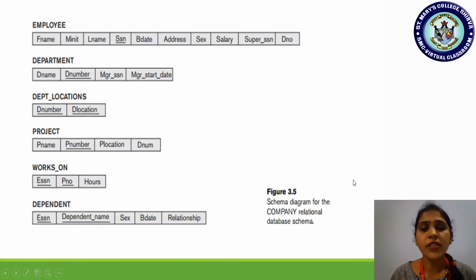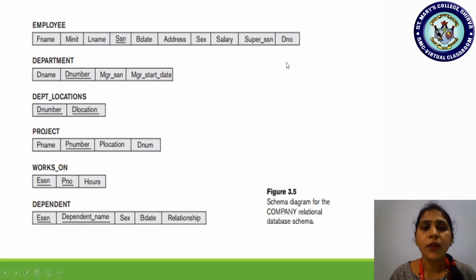Initially we have discussed what is a schema diagram, right? Observe here in the employee: first name, middle initial, last name, SSN, birth date, address, sex, salary, super SSN. So from first name to super SSN, these are the attributes of which relation? Employee, and we call this the schema of employee.